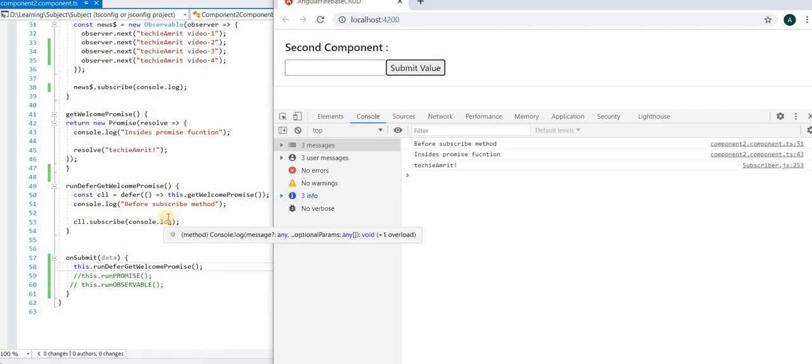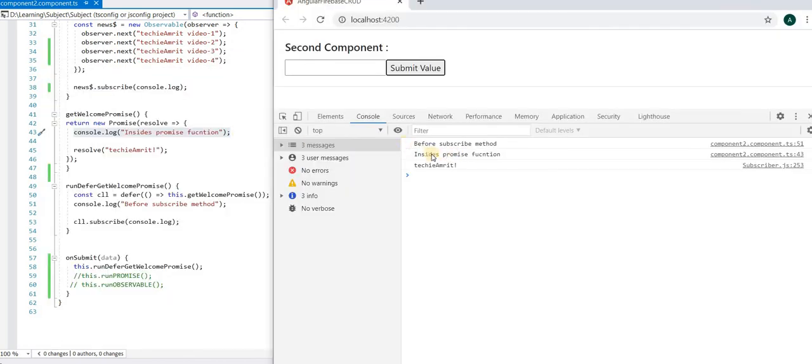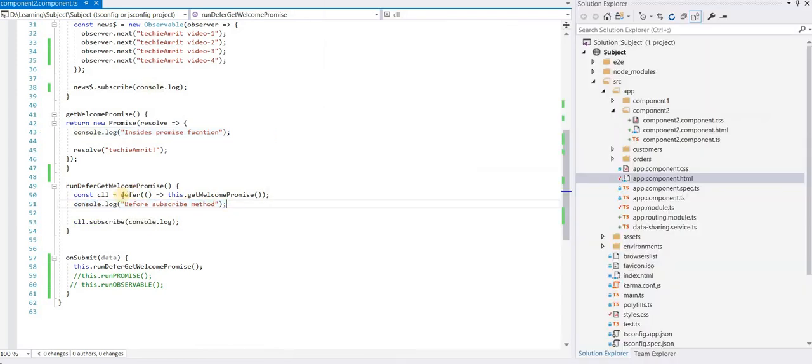See, it calls before subscribe first, then when I subscribe, it calls the method that I have subscribed. So you can defer the callback function in this way. It didn't directly go to this promise method and didn't print inside the promise function before this console.log output. So this is the way you defer this function, by adding a defer to this function.